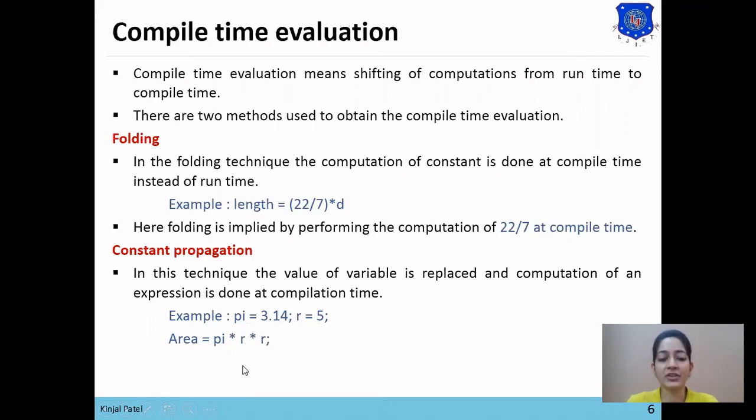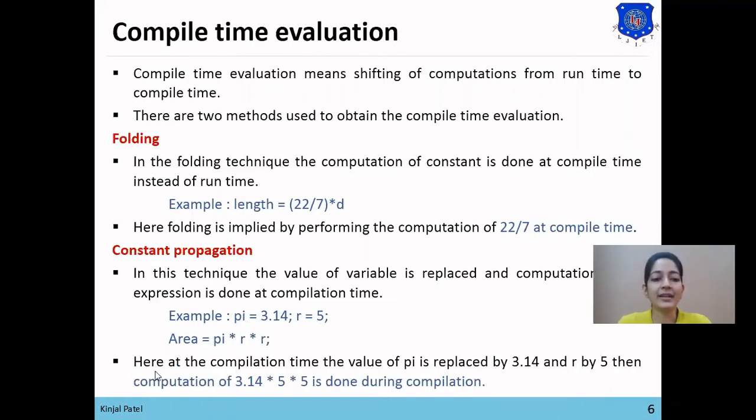In this expression, we can replace the values of pi and r and evaluate the expression at compile time instead of runtime, because we are assigning static values to the variables, so they will not change at runtime.